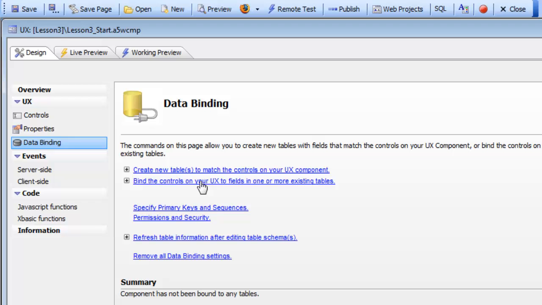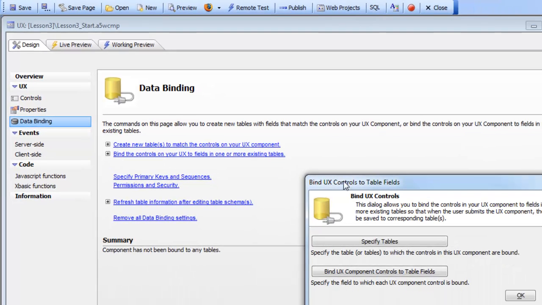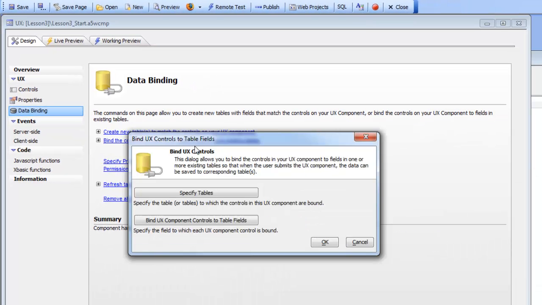So we'd like to choose this item here called bind the controls in your UX to fields in one or more existing tables. If we didn't currently have a table, we could actually create a table from the controls that we've already placed on the component using this first item here called create new tables. But since we already have the Northwind database with the customer table, we're going to just bind that customer table to the controls here. So click on bind controls, and then you'll see the bind UX controls to table fields